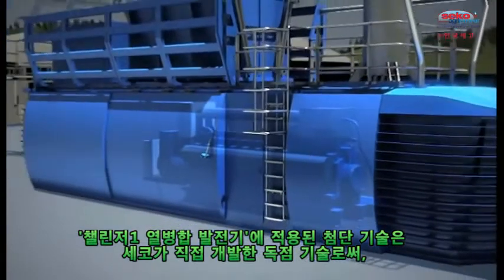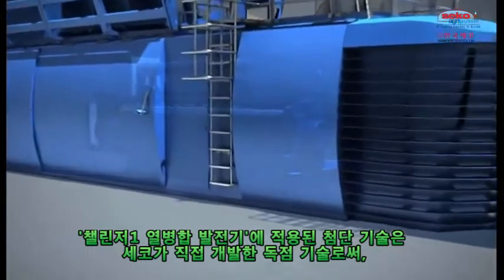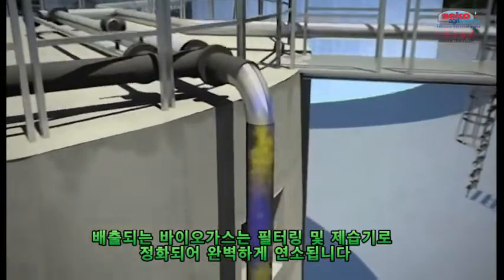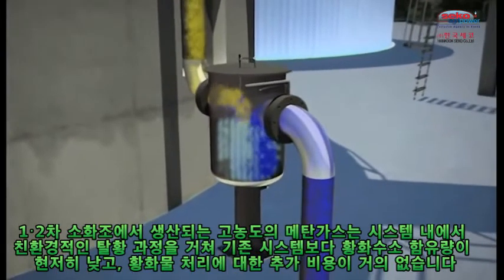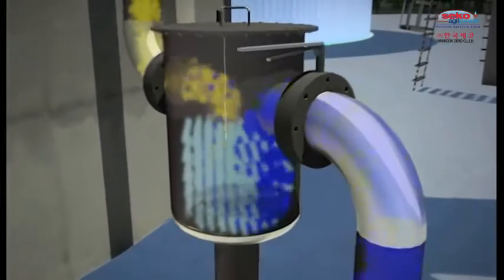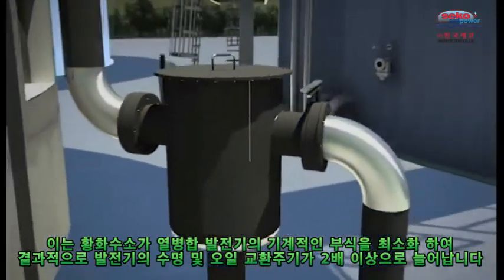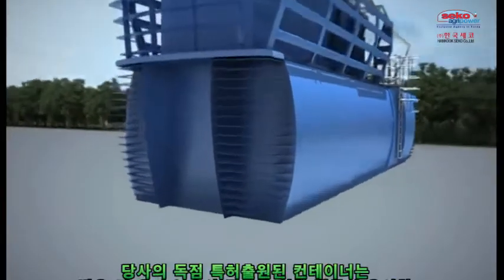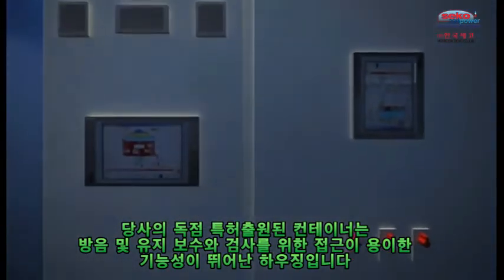The technology employed in the realization of the Challenger 1 cogeneration plant is exclusive to Seco. The exiting biogas is cleaned by filtering and dehumidifying, becoming perfect for combustion. The high quality of biogas produced by our plants, with its high concentration of methane and very low sulfur content, means low levels of maintenance are necessary for the cogeneration plant, particularly in respect of oil change periods, which are 50% less frequent. Our exclusive and patented container is the perfect and highly functional housing for all of the components,